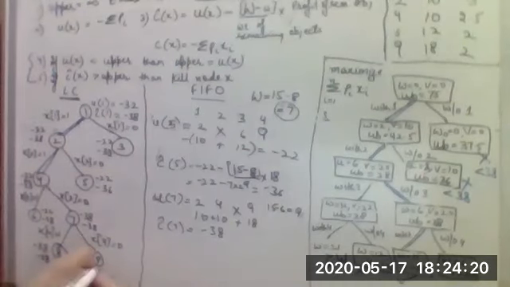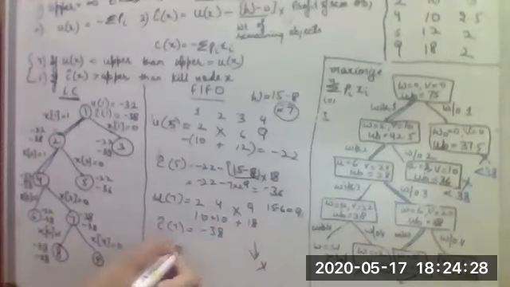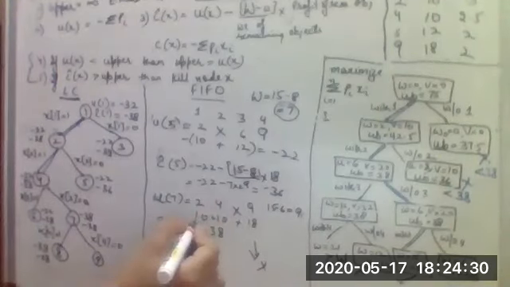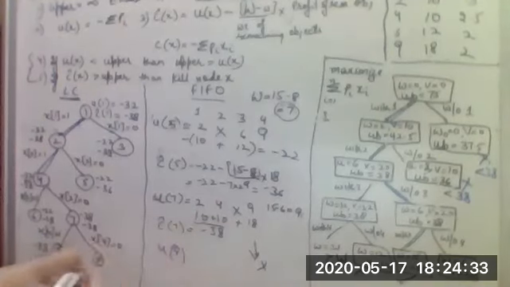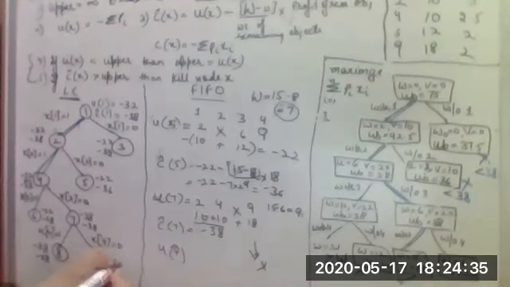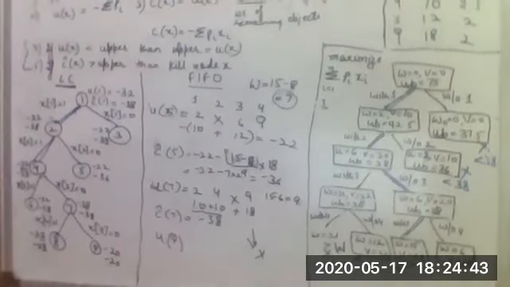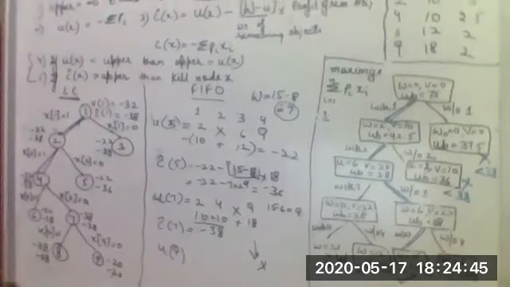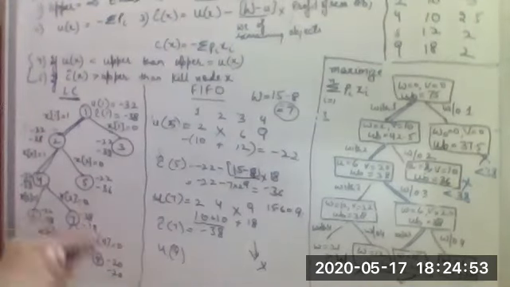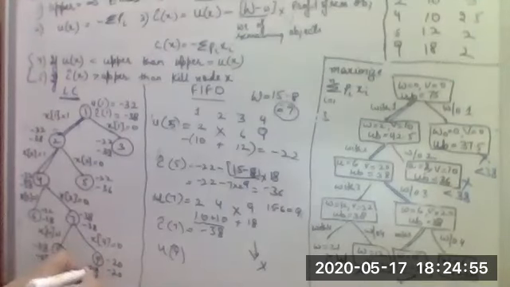Okay, so in this case, this value will be minus 38 and minus 30. Whereas for this one, we are not going to include this fourth element. Yes, for our U9, we are not going to include the fourth element. We are going to only include the two elements. So this is going to be only minus 20 for both the cases. Your U and C cap values for the ninth node is minus 20, and your upper value remains as minus 38. So minus 20 is greater than minus 38, so this node is pruned.